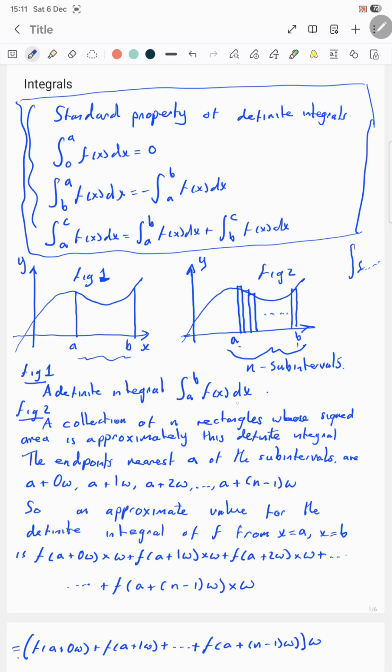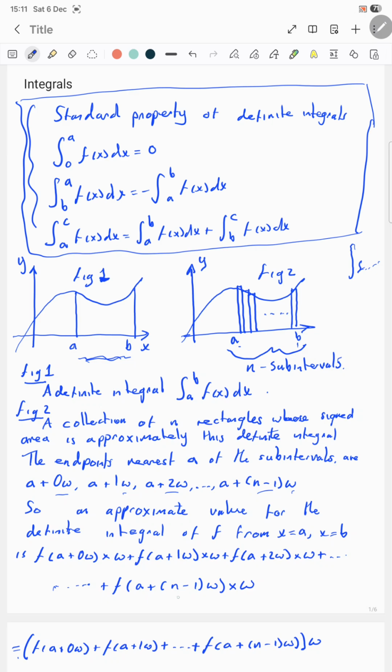As said, figure 1 is a definite integral. Figure 2 is a collection of n rectangles whose signed area is approximately this definite integral here. The endpoints, or nearest to a of the subintervals, are a plus 0w, a plus 1w, a plus 2w, up to a plus n minus 1w. So an approximate value for the definite integral of f between a and b is this here, or up to